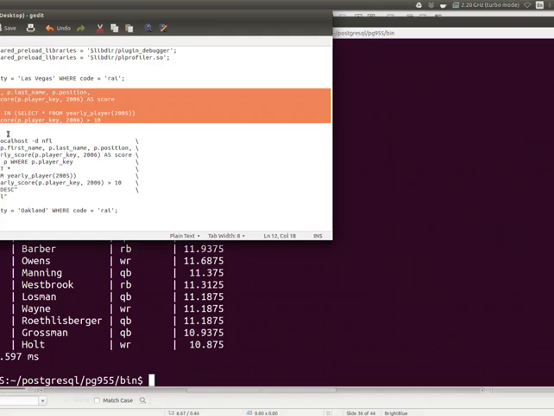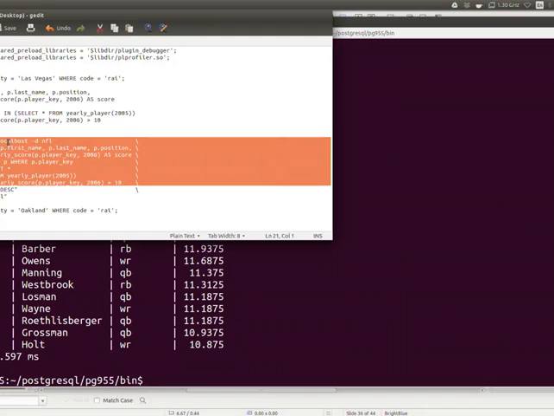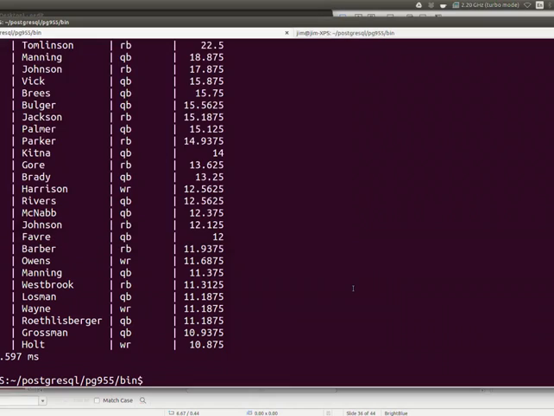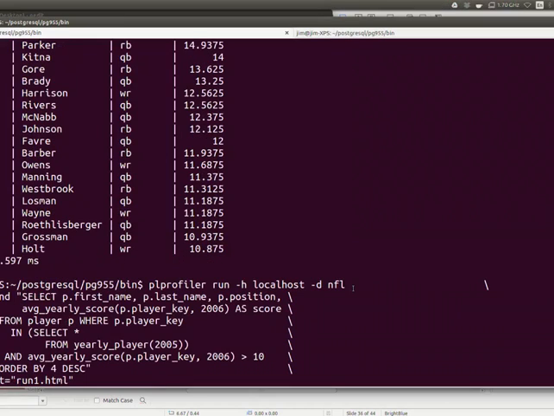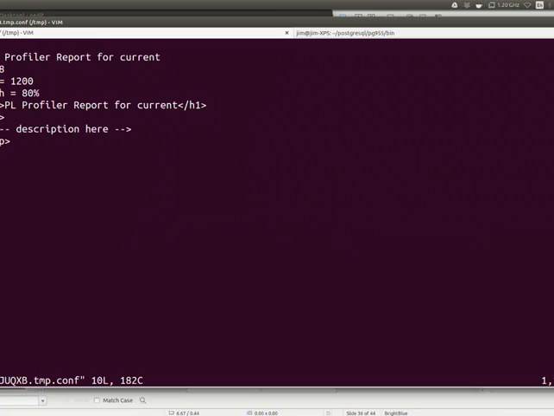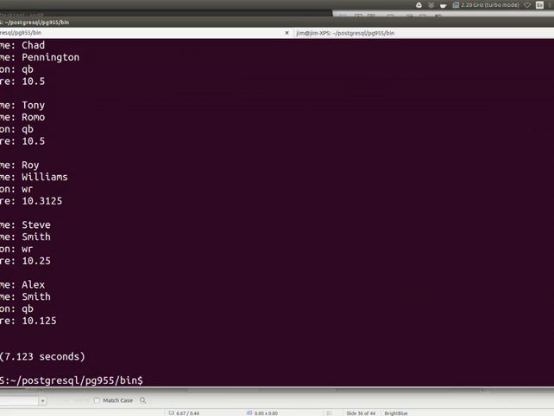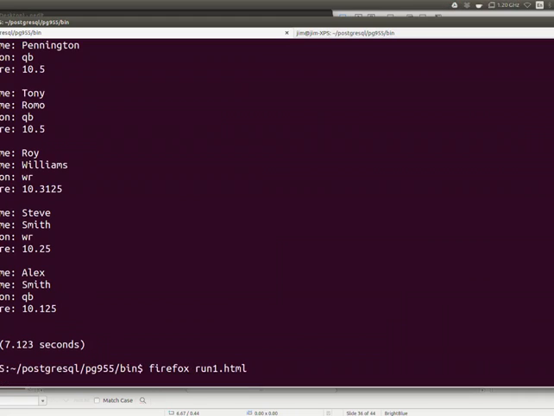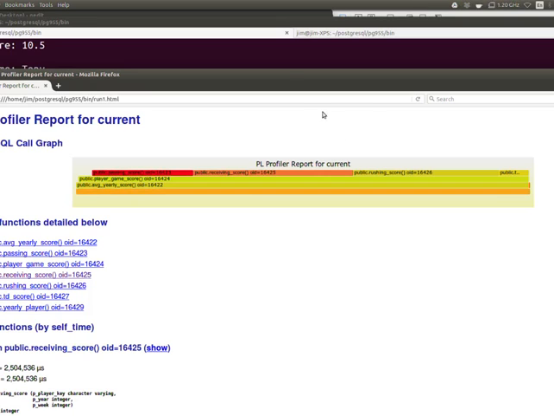let me try. Take this and run this through the profiler. So this is basically the profiler run: what's the connection information, the query that you're going to send in, and where am I going to output it. Then it's going to pop up a little editor in a second, where you can change little things in the HTML that's outputted. But now we should have the run.html. So if I open it up here,